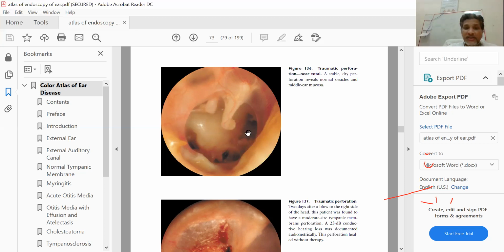Through the perforation, you can easily see along the side of the incus, this will be the posterior. This is the stapedius muscle emerging from the pyramid. The pyramid is a bony prominence in the posterior wall of the middle ear.